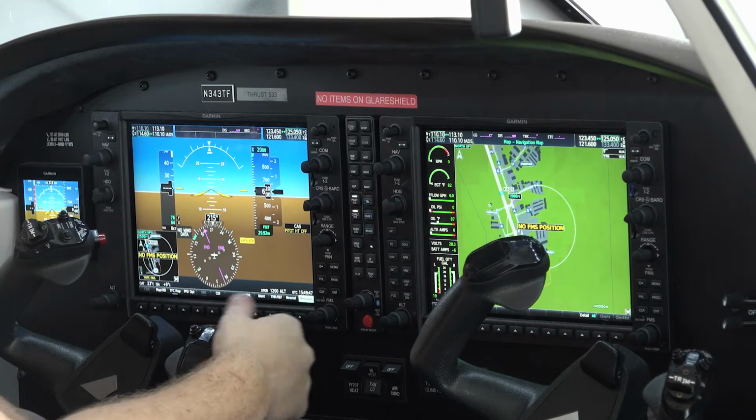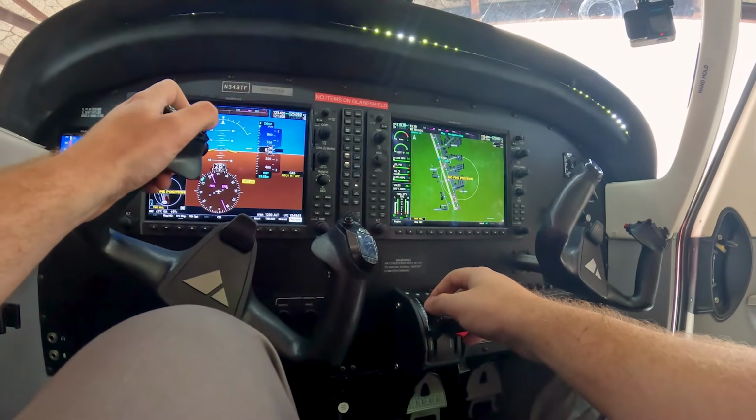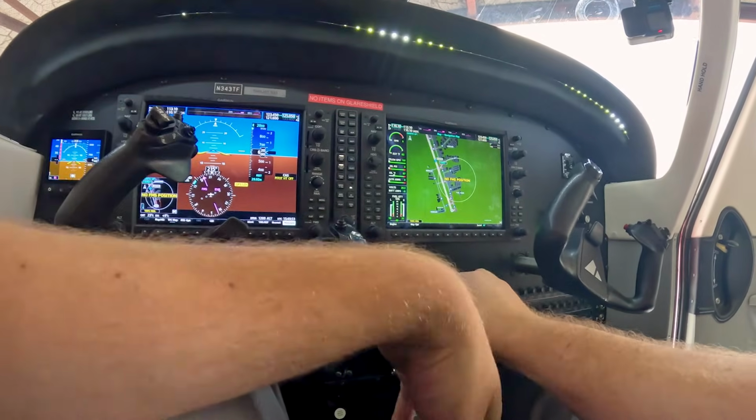COM2. The reason for that is with this PA mode activated, I can now use my push-to-talk microphone button on the yoke to transmit a message to the passengers through their headset or through the speaker, depending on which mode I have activated. Again, in an Archer, in a 4-place airplane, not really practical or necessary, in a larger one,